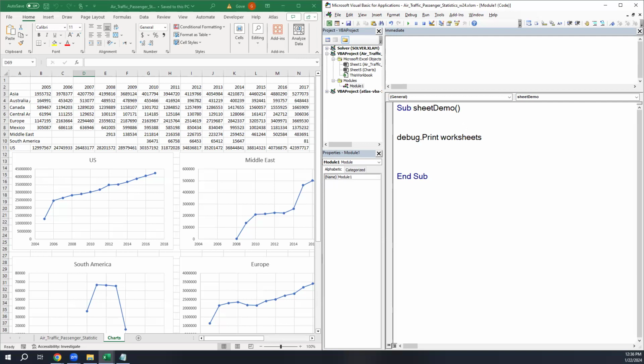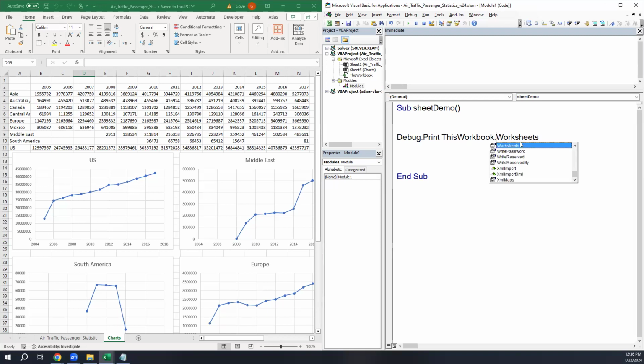There are several ways to refer to workbooks. I can refer to a workbook, which by the way is also a collection. We'll see that one today as well. But here's a shortcut that says, let me refer to the workbook that contains the currently running code. And to do that, I'm going to say ThisWorkbook. So this refers to an object that is whichever workbook holds the code that is running. This procedure is in a workbook. Which workbook is it in? It's in this workbook. So I'm going to say ThisWorkbook dot